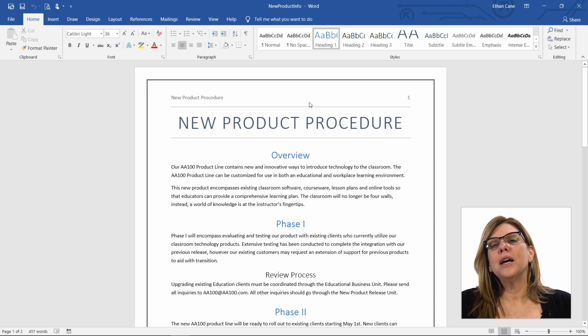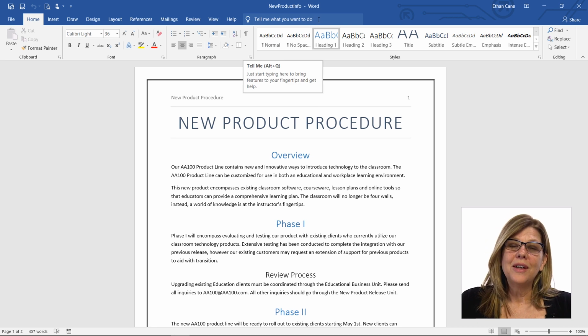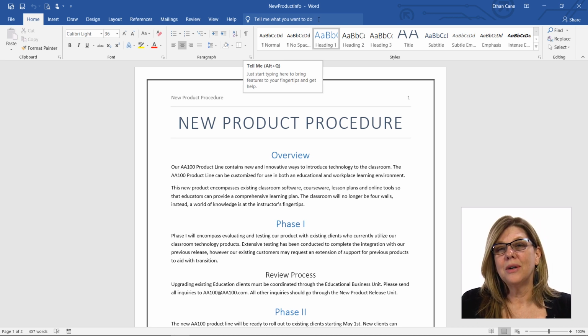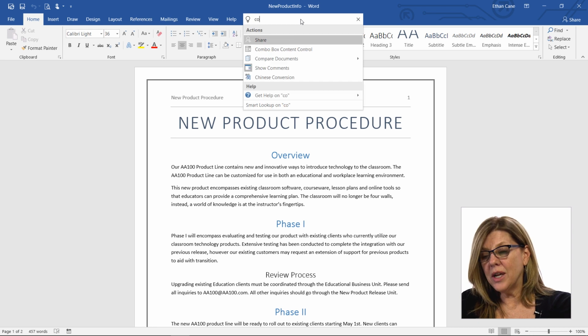One last piece at the top here. You may have noticed, different than other versions of Word, there's no help icon anymore. The new help is this box here right at the end of all my tabs called Tell Me What You Want to Do. And when I click in the Tell Me What You Want to Do, it's more than just help. If I wanted to add a comment,